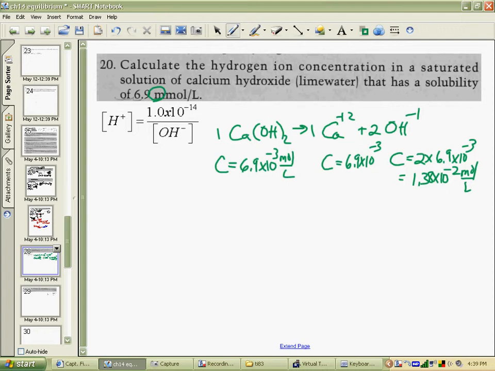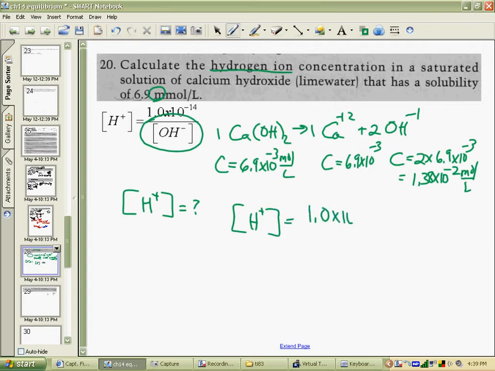Now we want to figure out the hydrogen ion concentration. We're looking for the H plus concentration. Well, we know the OH minus, the hydroxide ion concentration, so we can plug it into our handy-dandy formula here to figure out the hydrogen ion concentration. It is 1 times 10 to the minus 14 divided by 1.38 times 10 to the minus 2. We'll bring up our calculator